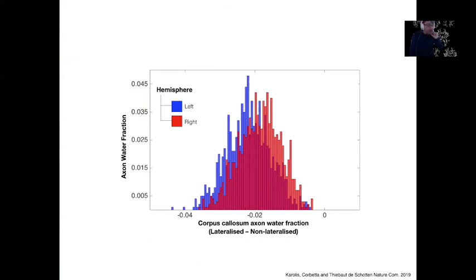And so if you do so, for the left and the right hemisphere, you can see that lateralized voxels in terms of function are actually systematically less connected than non-lateralized voxels. So if a voxel is lateralized in terms of function, it will be less connected by the corpus callosum than it is if it is not lateralized. We reproduce this effect in the left and in the right hemisphere, as you can see here.